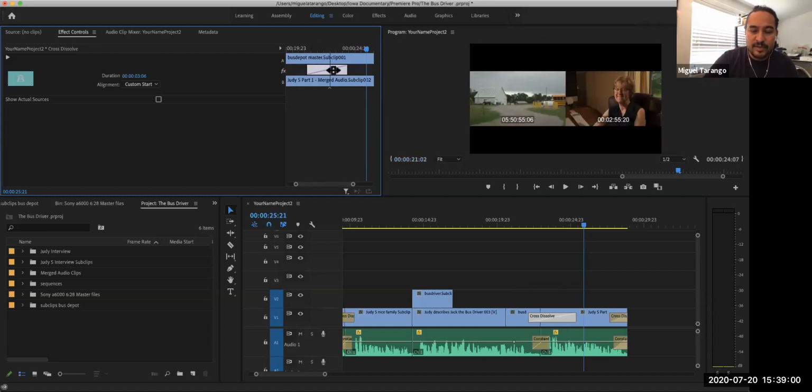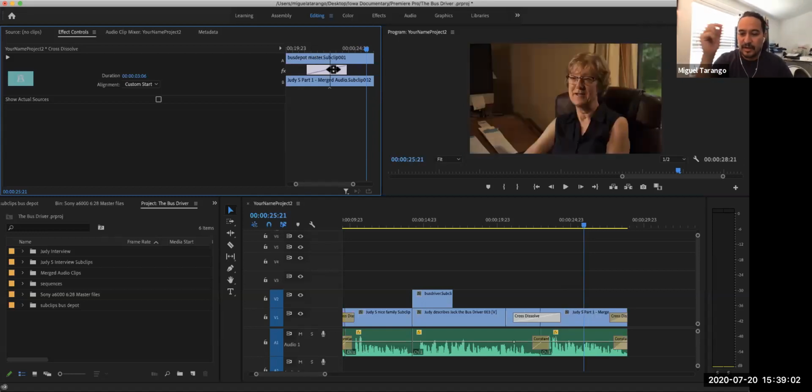So again, as you become a more sophisticated editor, you make decisions based on when and where those cross dissolves happen, the information that's leaving. Do we want that to be introduced into the beginning of the next clip? So there's a lot of little factors to consider in terms of the storytelling and the aesthetics and the best technique that you must take all that into account beyond just throwing a cross dissolve in there. Okay, so there are several things to consider. And really, the cross dissolve is